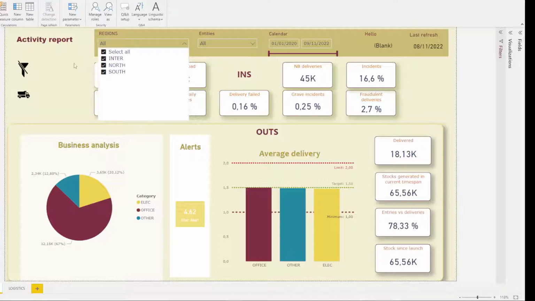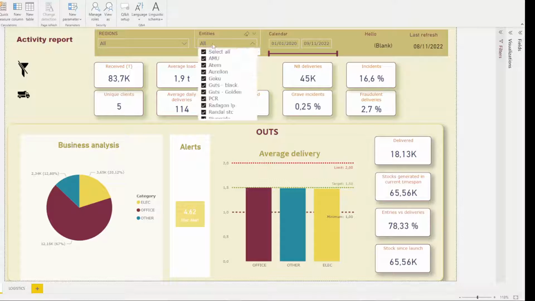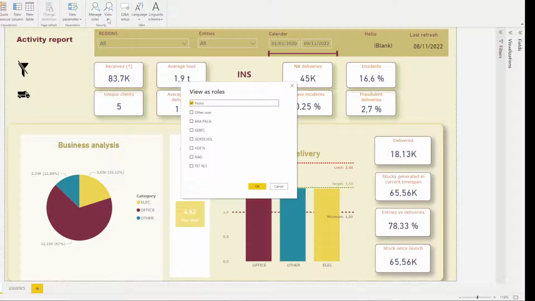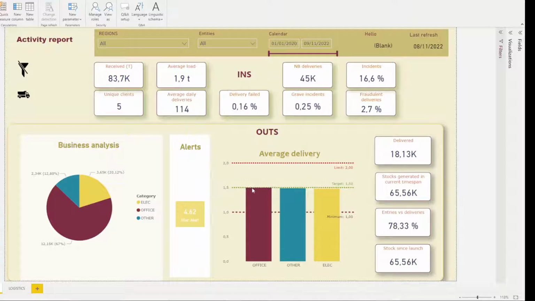So I went with 3 for this example, and various entities, all of them being in a specific region in relation to a main table. Obviously, that's giving the regions to each entity, a calendar table, and an identification system. So this is very interesting, and let's view the whole model as Mark Cyber, which is my TEST-RLS function, and you can see here